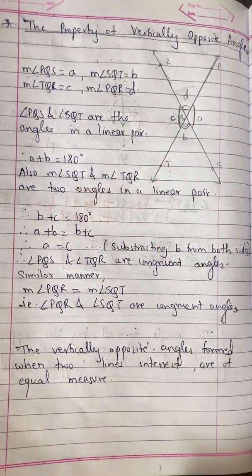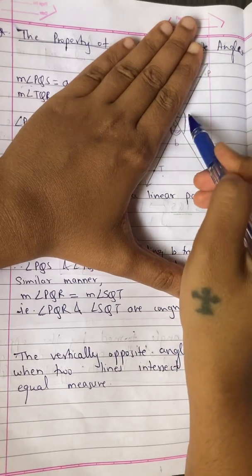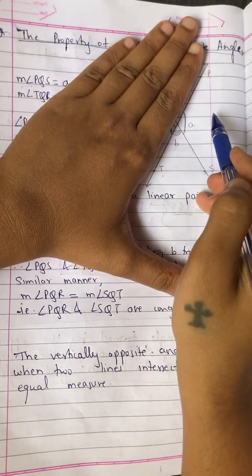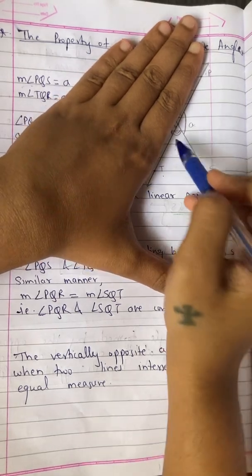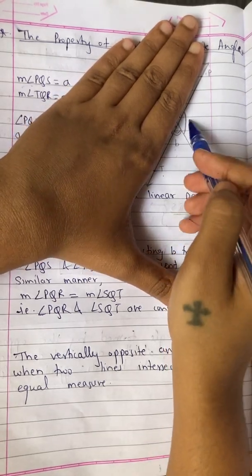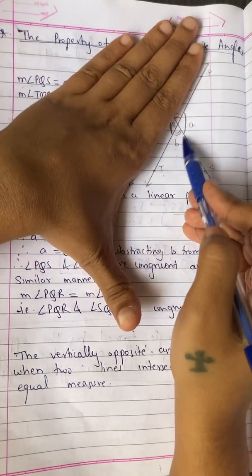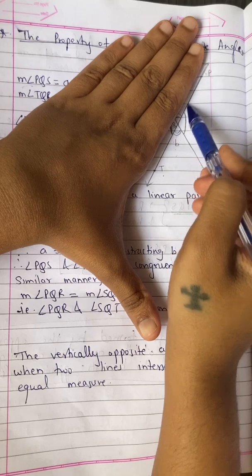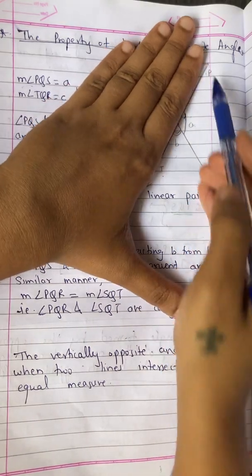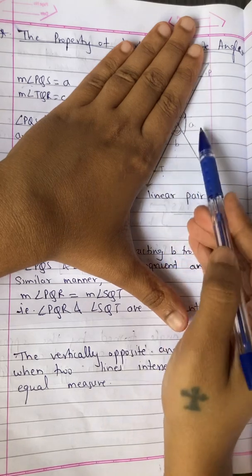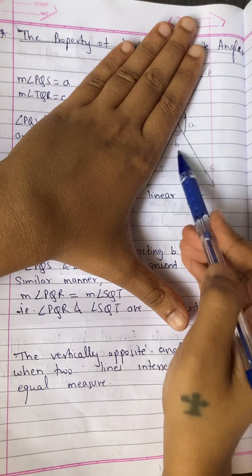Why are they linear pair angles? If you see properly, I'll block the other side. These two angles A and B are linear pair angles. What are linear pair angles? First of all, they should be adjacent to each other. That means they should be sticking to one another. They are sticking near to each other, and they lie on the same straight line. The base should be a straight line. So you can see here they have a straight line. That's why A and B form a pair of linear angles, linear pair angles.